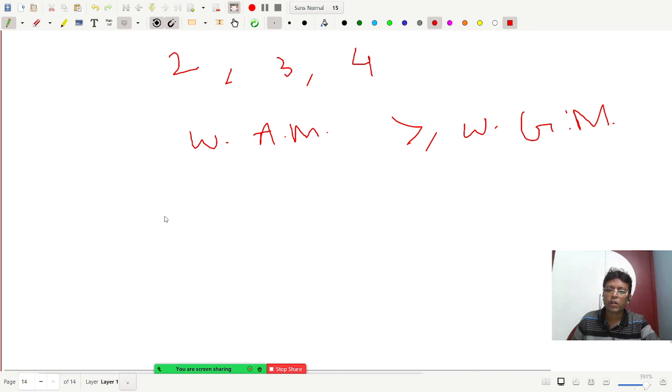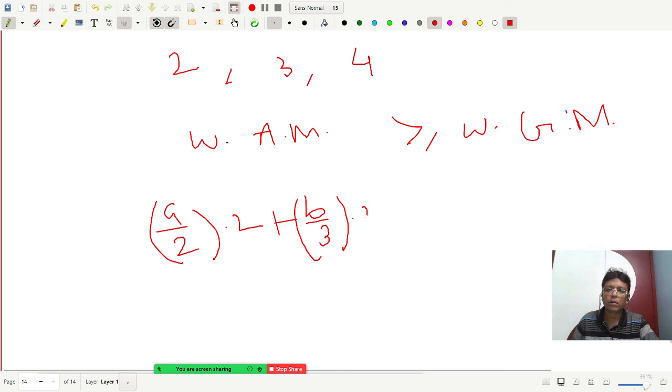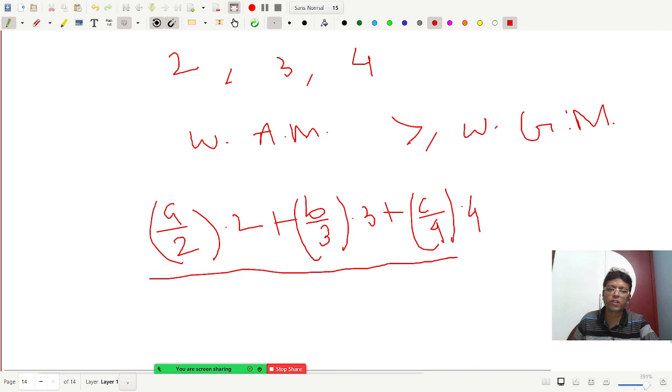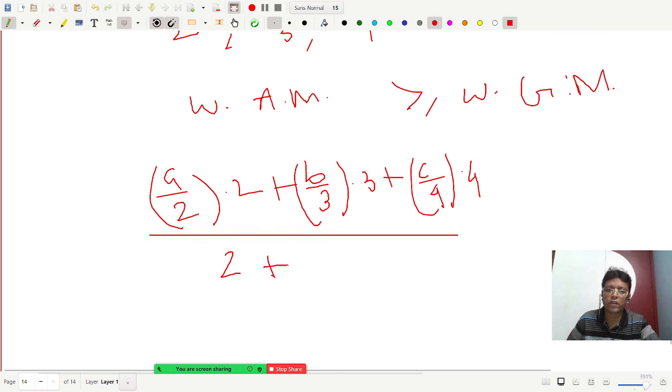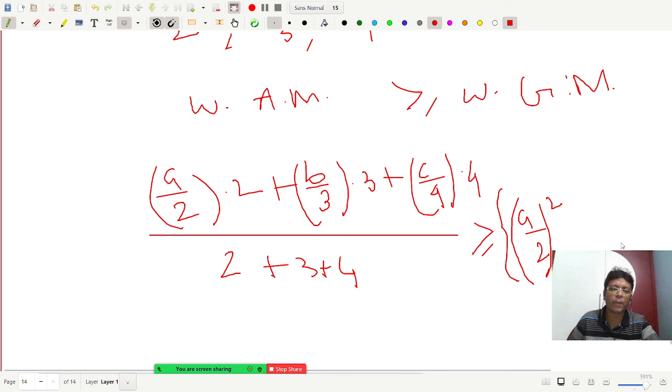That's going to be (a by 2 times 2 plus b by 3 times 3 plus c by 4 times 4) over the total frequency, 2 plus 3 plus 4, greater than or equal to (a by 2 whole squared, b by 3 whole cubed, c by 4 whole to the power 4) whole to the power 1 over